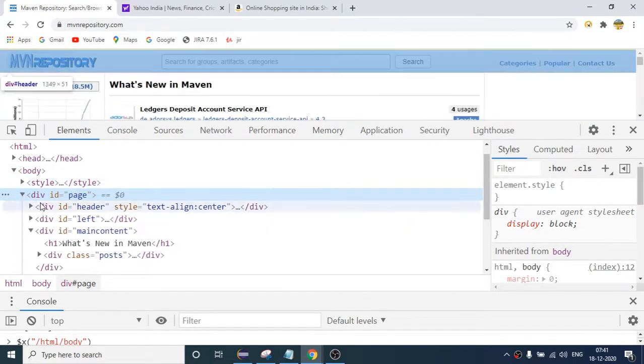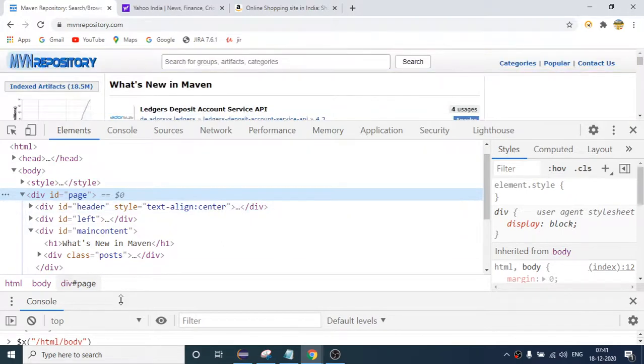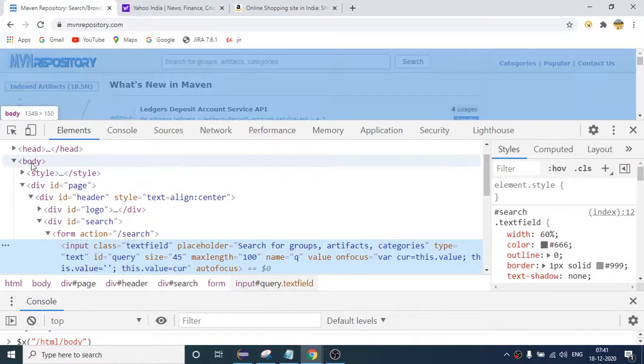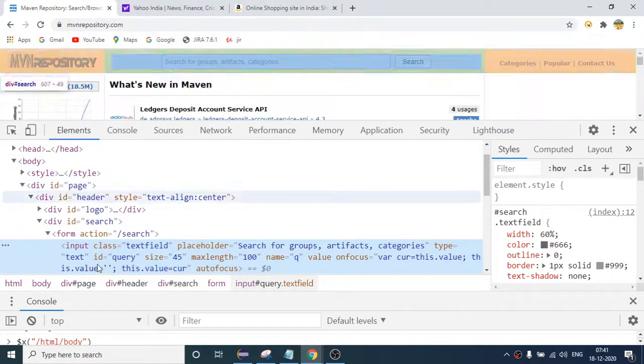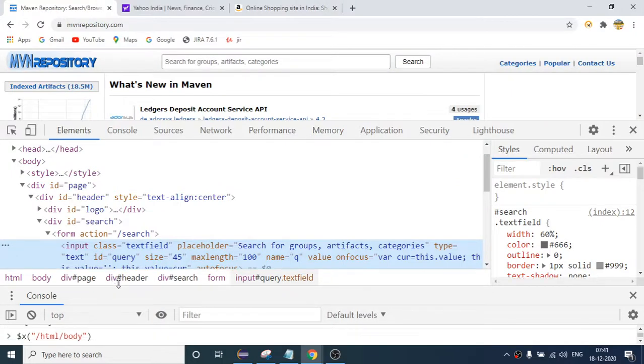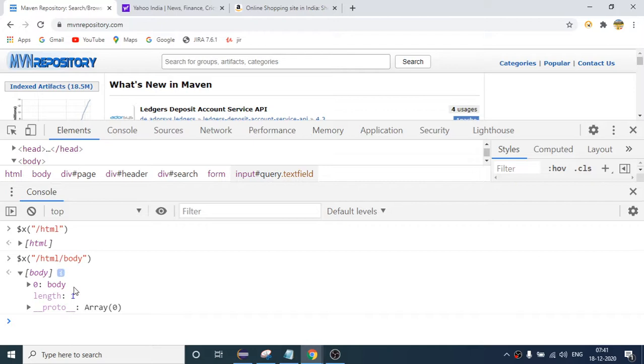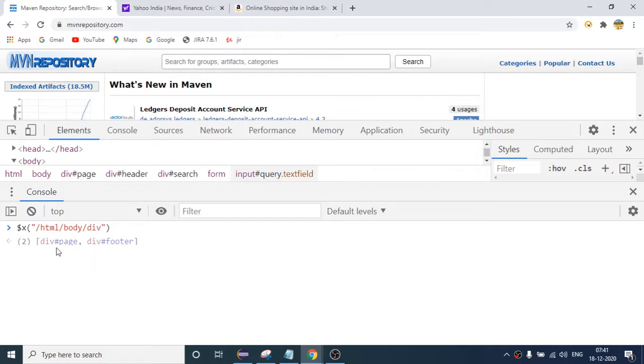So what I will say, let me click on inspect again. Okay, so I am here and I want to come here. So I will say div slash div, right? Let me write it from the starting, and I will say slash div, but it is giving me two elements, you can see number two.